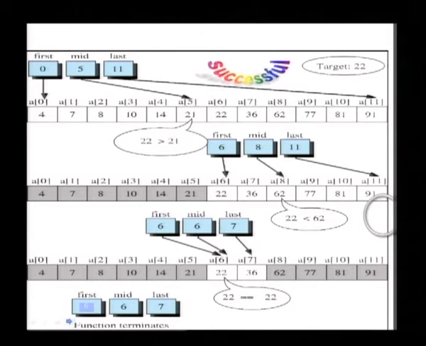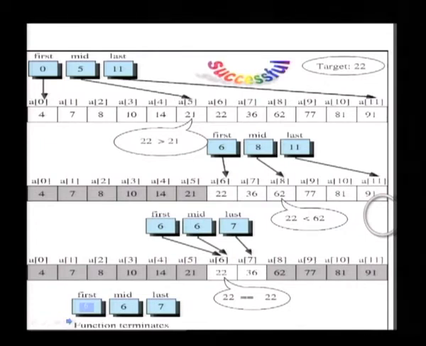data item which is located at the array index 5, which is 21, and 22 is greater than 21, and because the array is sorted in ascending order, it is clear that 22 must be present only in the array indices 6 through 11 and definitely is not present in the array indices 0 through 5. The array indices 0 through 5 are now shaded grey, and